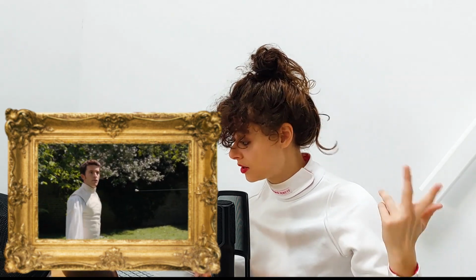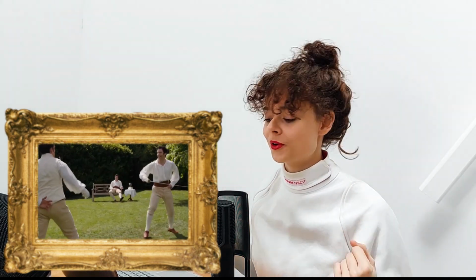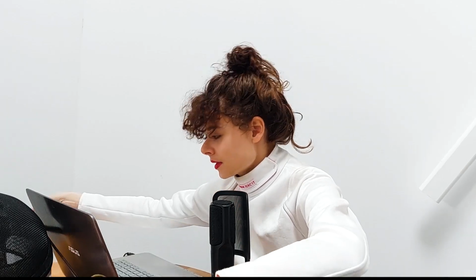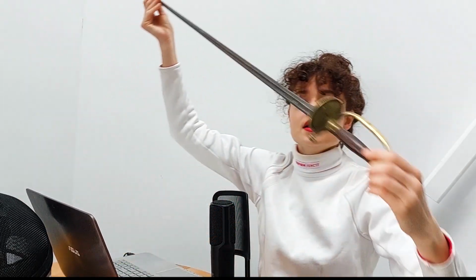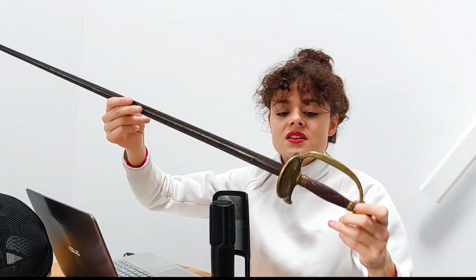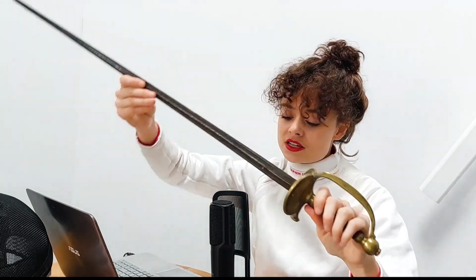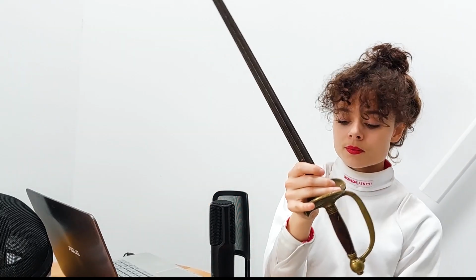What I also really like is their weapon, because as you might see, they don't have a foil, épée or saber. What they're actually using is a small sword, and that was a weapon that was really, really popular. I actually have a small sword here. I believe this is a 19th century small sword from France,